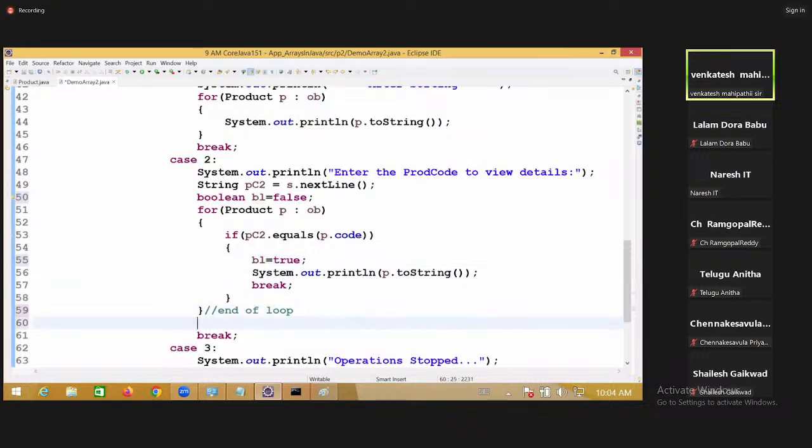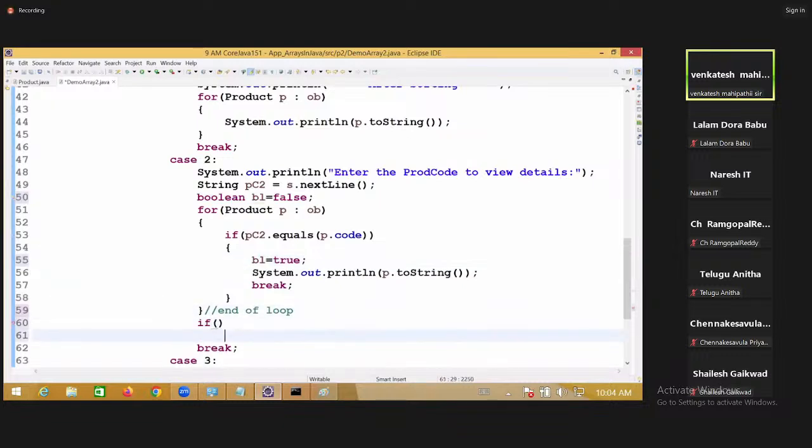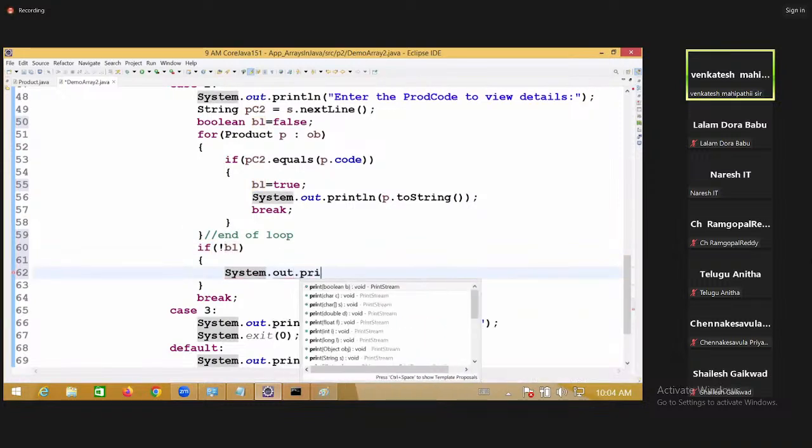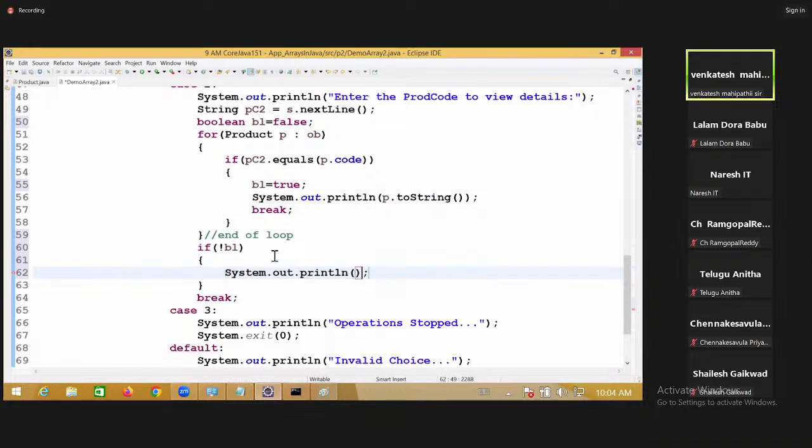Suppose a match not occurred, you can write an if condition here. If I write bl, it means already true, it becomes no. I want false now. Suppose if it becomes true, I must make it false. If it is false, I must make it true and say System.out.println